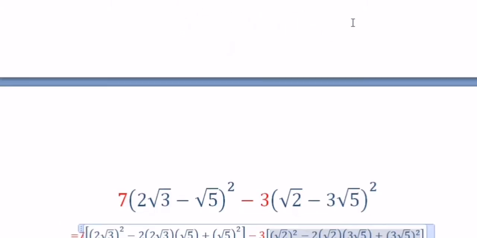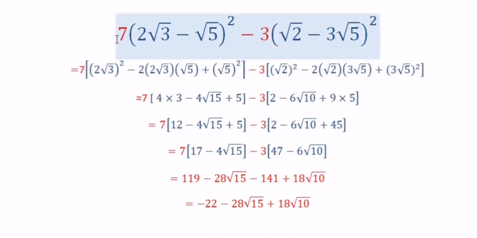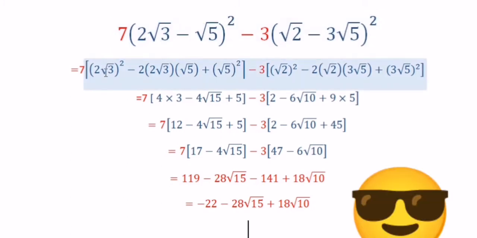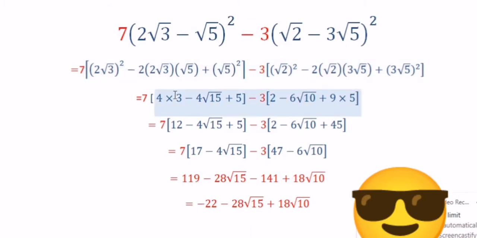As for the last one, we have 7 into remarkable identity minus 3 into remarkable identity. And this is a minus b all squared and a minus b all squared, which is a squared minus 2ab plus b squared. Applying the rule, we can get the answer, which is 4 times 3 minus outside 4, inside 15, power 2 radical, which is 5. The same thing here, which is power 2, and outside 6. Then we get radical 10 plus 9 times 5. Applying the normal calculation,